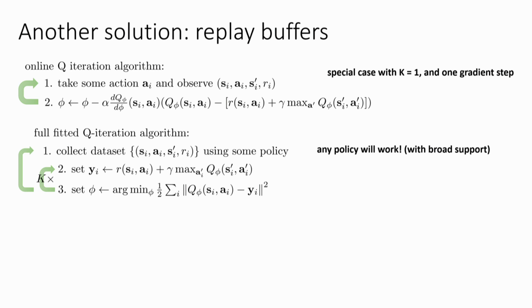You want a policy with broad support, because if your policy only ever visits unrewarding states, then you won't learn anything about the important states. But so long as you have broad support, you can use a wide variety of different policies. So what if instead of actually literally collecting data from the environment, you just loaded data from some buffer that had been collected using a different policy? The algorithm doesn't care whether the data is loaded from a buffer or actually collected from the environment. It's the same data either way. So instead of literally interacting with the environment and collecting a batch of data using, let's say, an epsilon greedy version of your latest policy, just load up a batch of data from some past policy that you had. And you can reload it multiple times and reuse it.